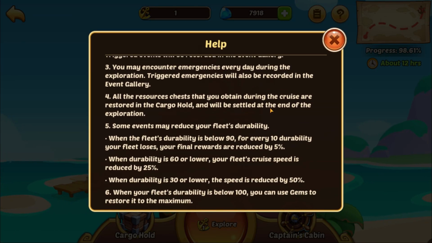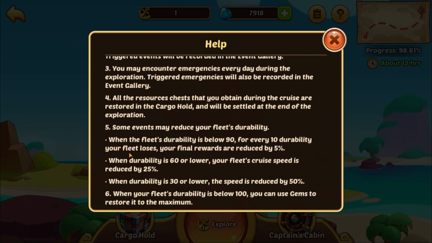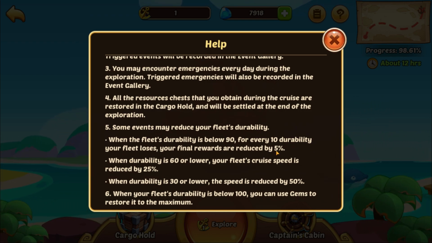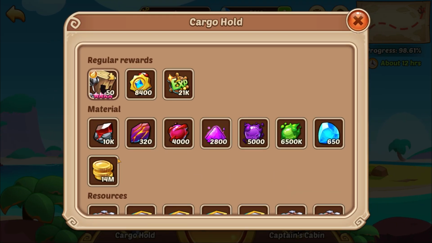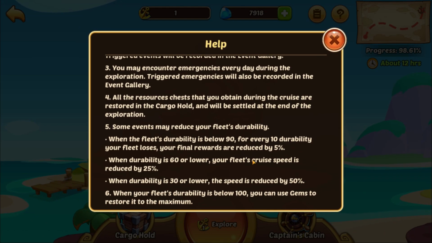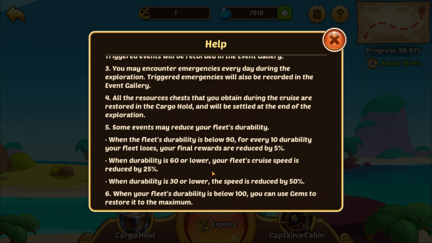So if we look here, it says when your fleet's durability is below 90, for every 10 durability your fleet loses, your final rewards are reduced by 5%, right? So that's bad. Like, you start losing these rewards below that durability threshold. Even worse, if you just completely ignore durability and you just get attacked, and you're not going to spend gems to